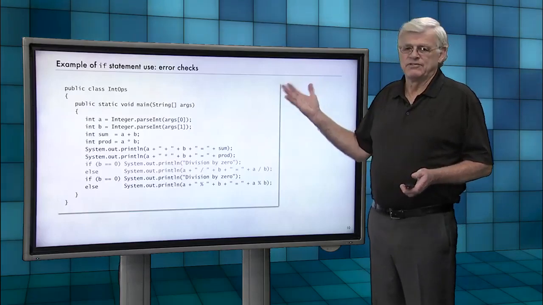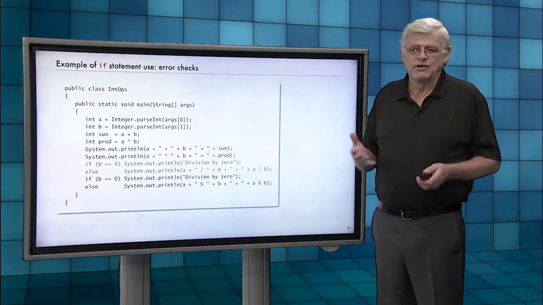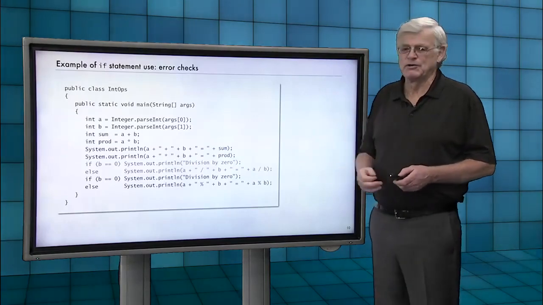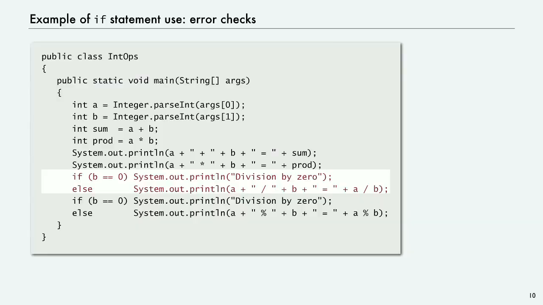Here's an example of an if statement use in a real program, and a very typical example, and one of the reasons we want to talk about if statements right away. Our program that we wrote that showed off the different operations on integers had the possibility of dividing by 0. And if division by 0 happened, that program would crash. It's much better for the programmer, that's you, to anticipate a condition that would make the program crash and check for it and take some appropriate action, notify the user or whatever else.